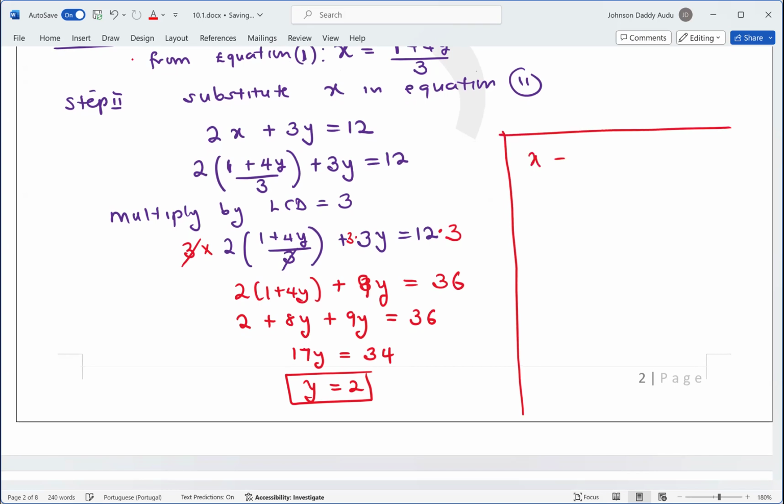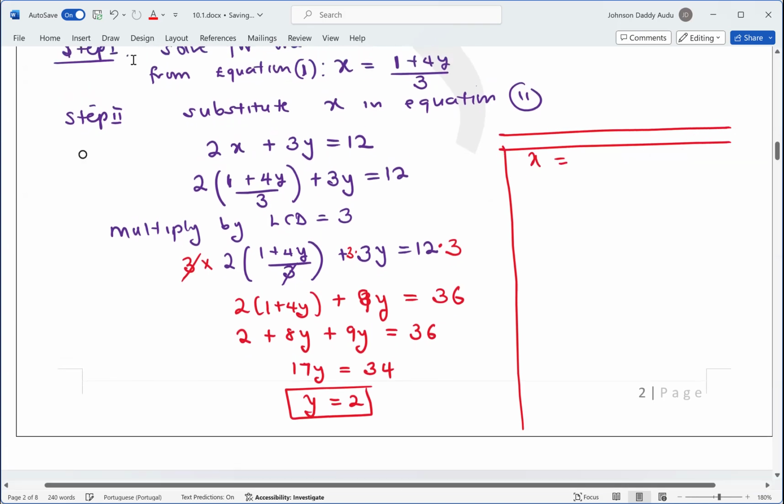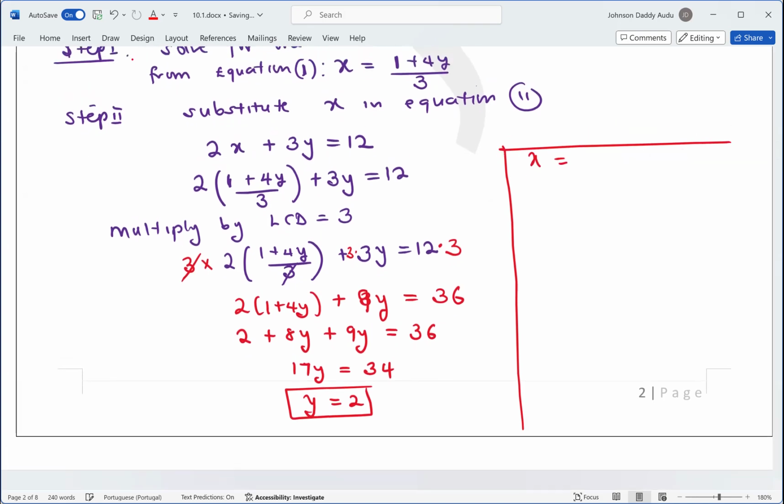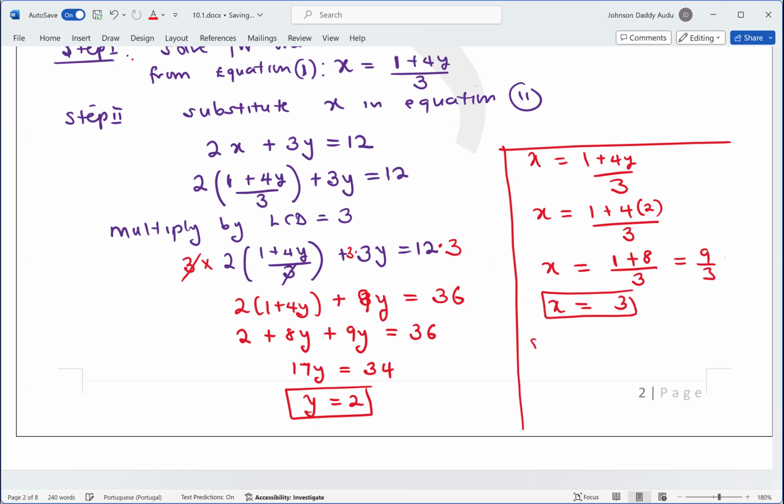So remember, what is x? x is 1 plus 4y over 3, right? So it means that x is going to be 1 plus 4 times y, which is 2, divided by 3. So x is 1 plus 8 divided by 3. So x is what? You can see this is 9 over 3, which is just 3. So what is the solution? It's just 3 and